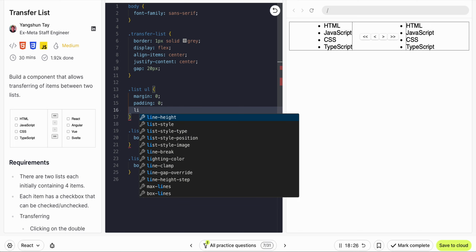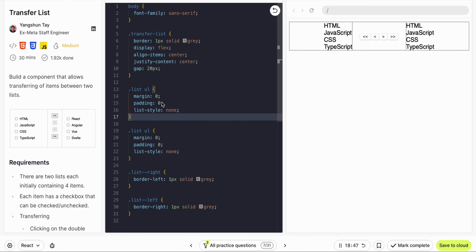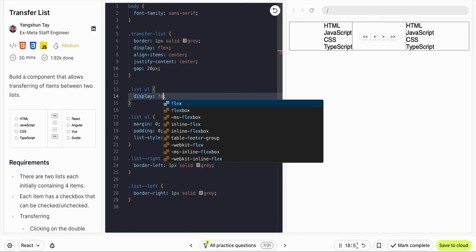List style should be none. List should be display